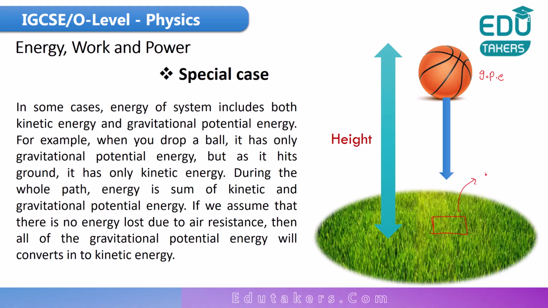Suppose that this ball hits the ground, then what will happen? At the ground level, the gravitational potential energy is equal to 0, because in this case the height is equal to 0. What can you say about the kinetic energy? Of course, here the kinetic energy would be maximum. It is because all of the gravitational potential energy that the ball possesses at the maximum height is converted into kinetic energy when the ball hits the ground. So all of the gravitational potential energy changes into kinetic energy, but the total energy at any position remains the same.